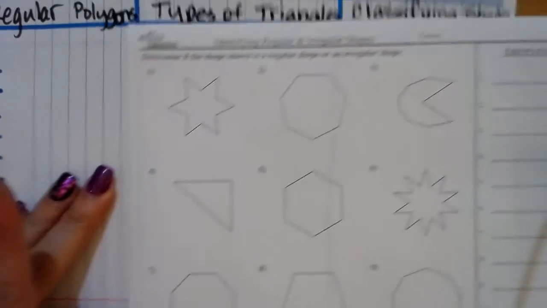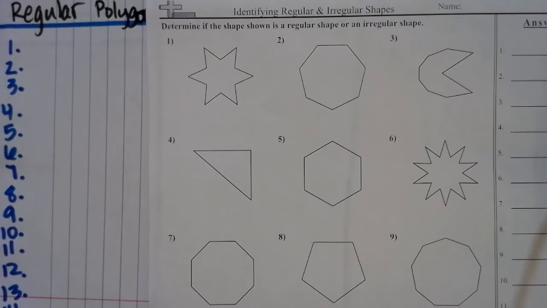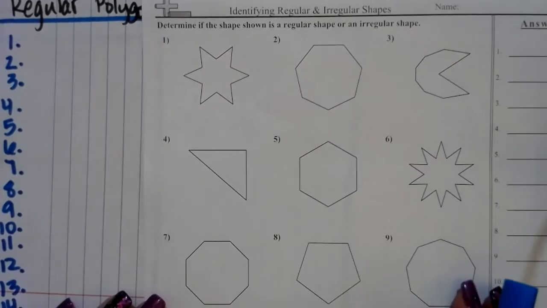I'm going to show you a problem. I'm going to work the first 3 with you, and we are just going to answer them. All right, so let's look at this. Here's our work. So let's look at those first 3 problems and ask ourselves, to be a regular polygon, all of our sides need to be the same, right? So to look at that and decide, are all of those